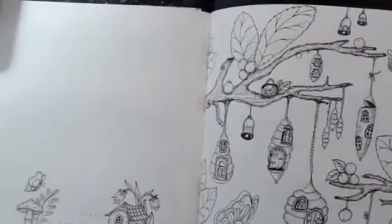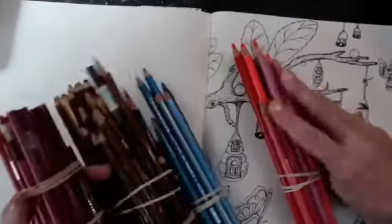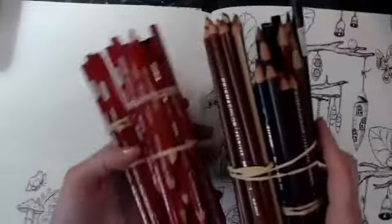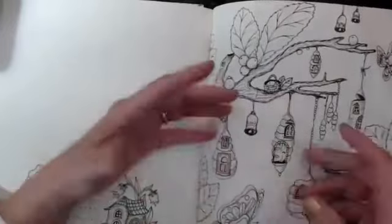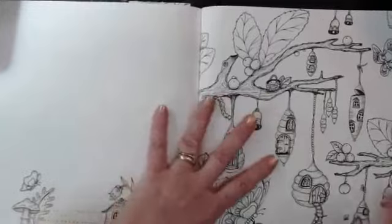I have a lot of colors just in the silverware tray, and the bulk of my pencils are in bundles. So let me show you how I keep my pencils. I keep them in bundles. Here are the pinks, some dark blues, browns, dark reds. This is how I bundle them. But as I'm using the same colors over and over, then I will